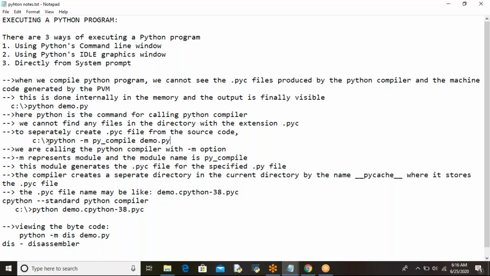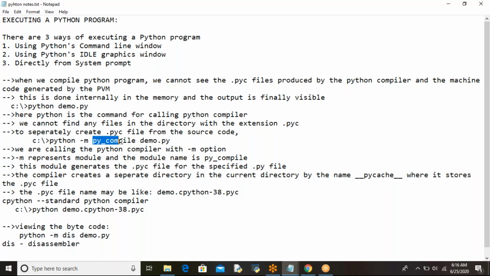We are calling the Python compiler with the -m option. That module name is py_compile. Then give a space and the Python source code file name, demo.py.